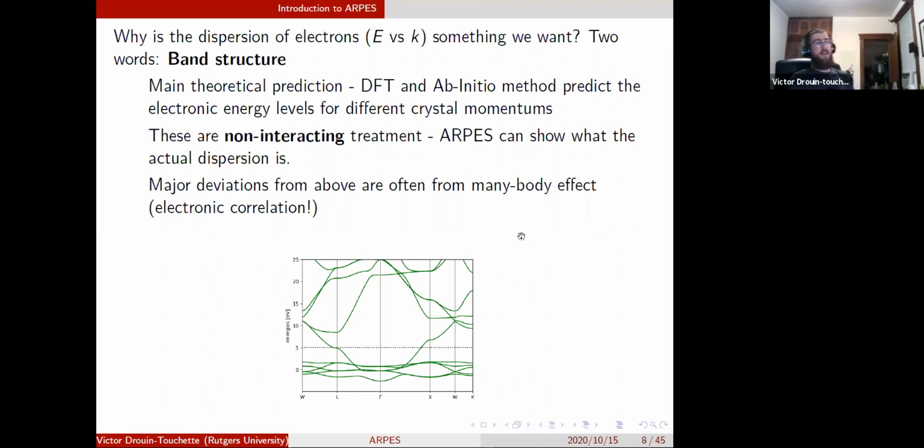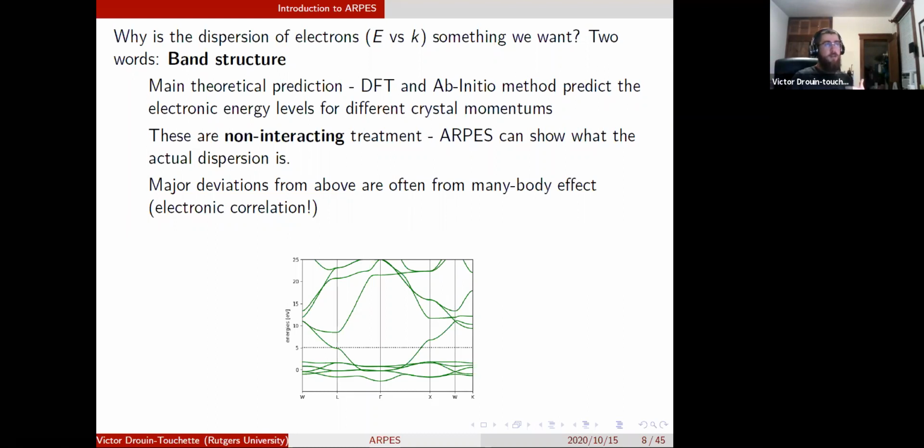So what this leads to is that you can collect information on the energy versus momentum of the electrons. And why is that an important thing? Because that's the main information we can gather from a lot of theoretical predictions on how our basic models for materials work, with electrons moving around. We consider all of the cores, all of the ions, to be static where they are,